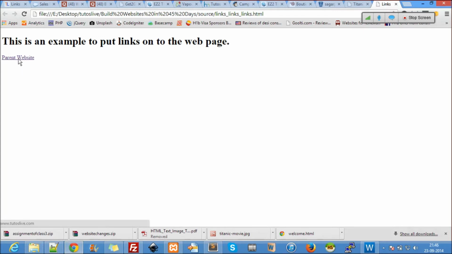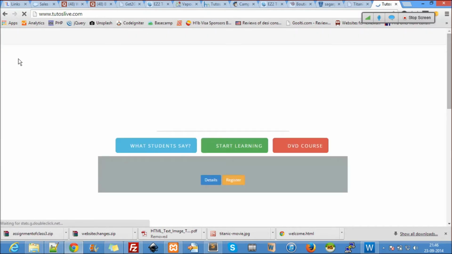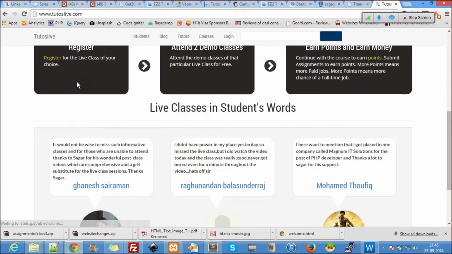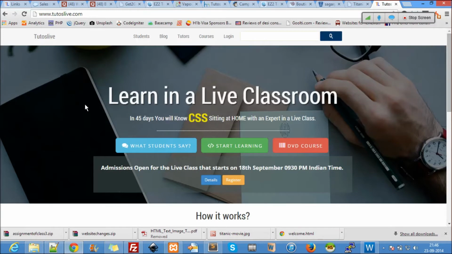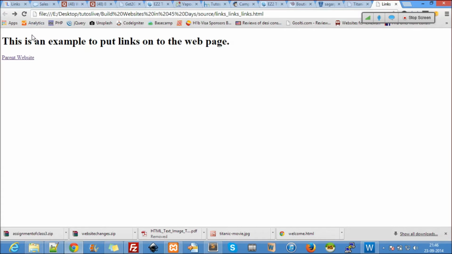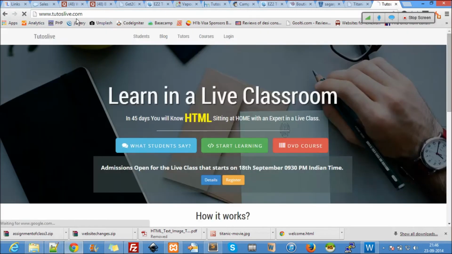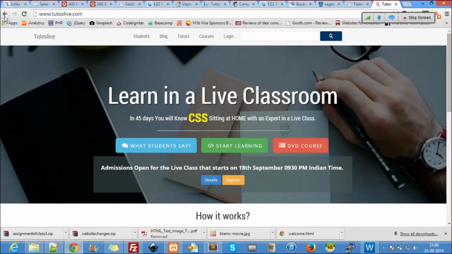Let me click on this. See, it has been navigated to a different website. Now in which tab has this been opened? I guess it has been opened in the same tab. Whenever I click on this, the page is gone and we find a different page, which is tutoslive.com.